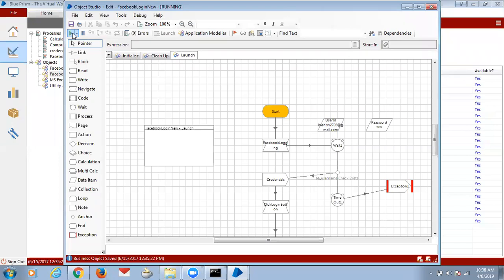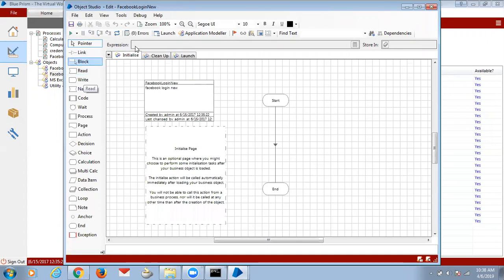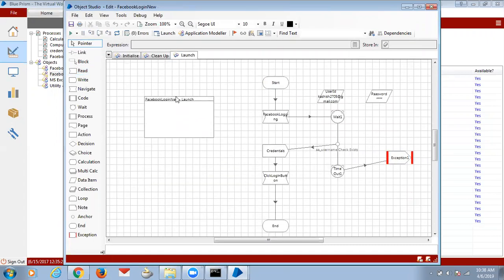Whenever the last instance got stuck at the wait activity, then we have to restart this Object Studio. No other option. There is some issue with the installation here. It should not be that.